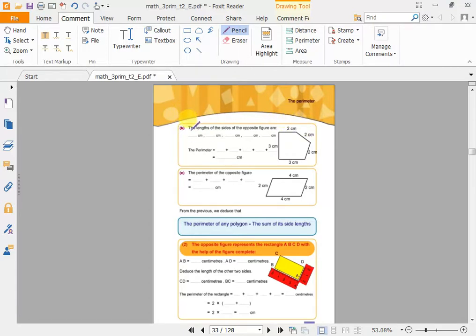The first one is 2, write 2, and this 2, and this 2, and this 2,